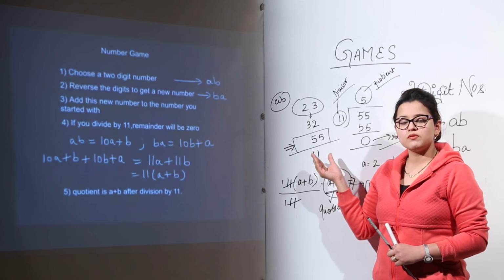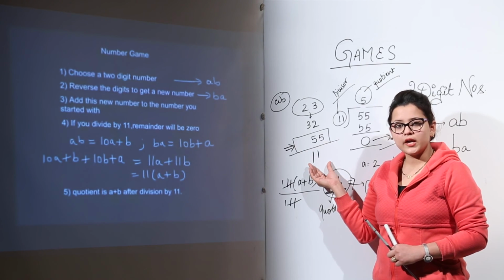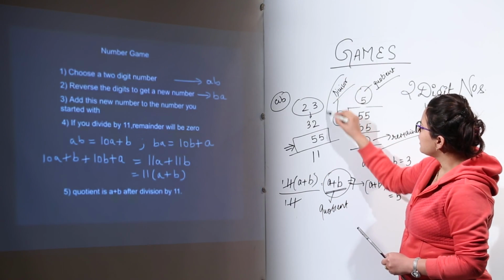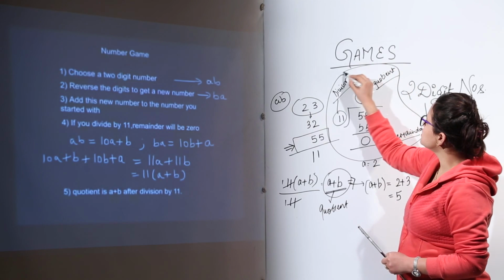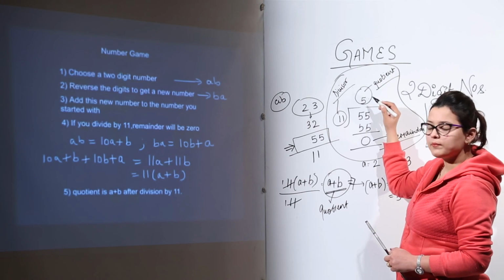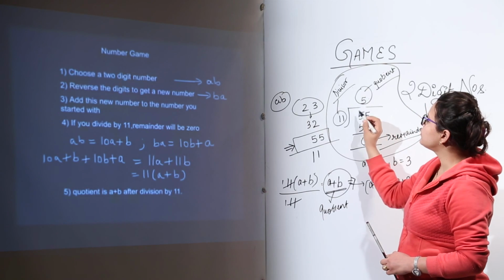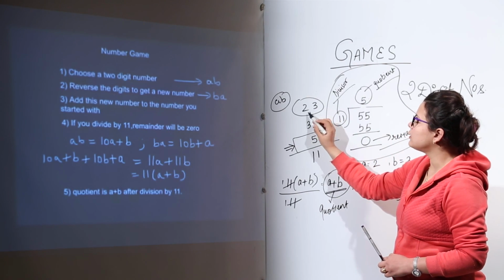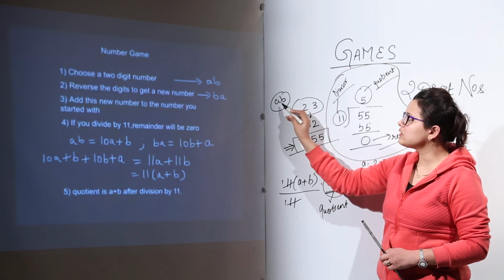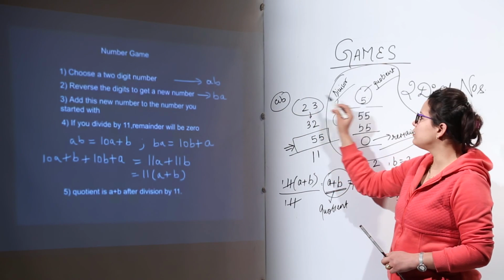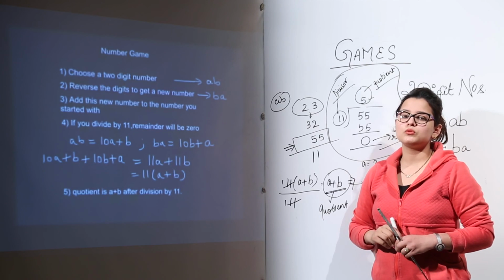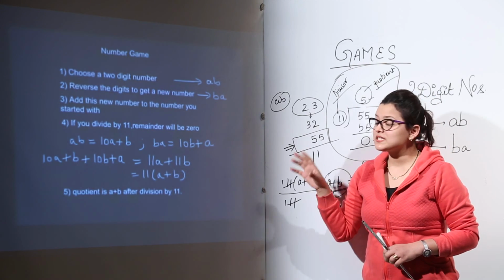Whatever the sum comes divided with 11, you would find that your remainder always comes out to be 0, right? And your quotient will be the sum of the digits that you had taken up earlier. Your A and B were your original numbers, so the digits of the original number can be added together to give you the quotient. The sum will be equal to the quotient. So this is how this number game has been